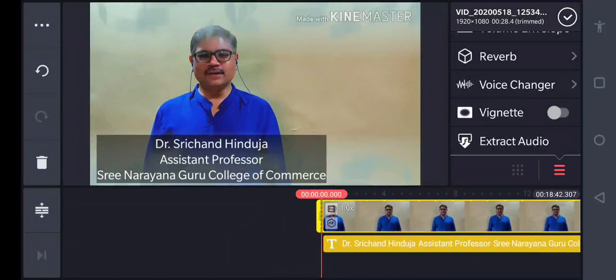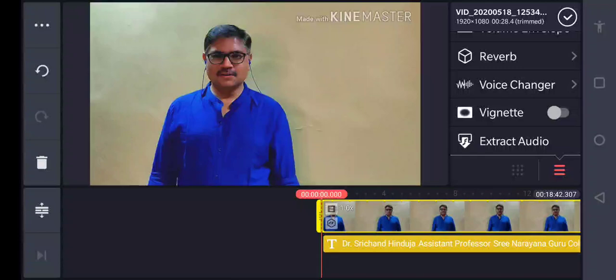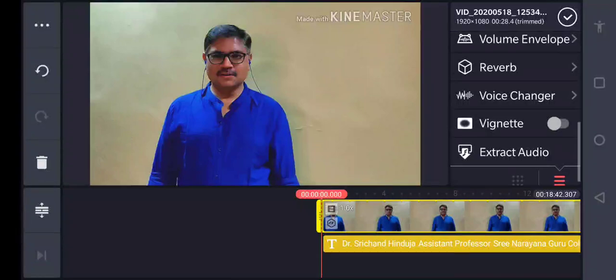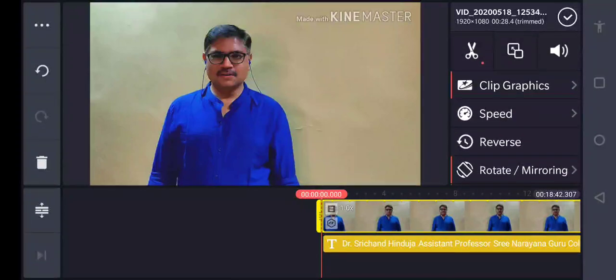Extract audio means you have recorded some audio along with your video and you want to detach that particular voice from the entire video. You can go for extract audio. So you have to select the video, then go to extract audio. Your video will become an entirely blank video. There will not be any voice. Then you can dub it and make the final video. That is extract audio. So the film industries are making use of it. They are snatching the original voice from the video and then they make use of the dub. So these are the options which are available for video.